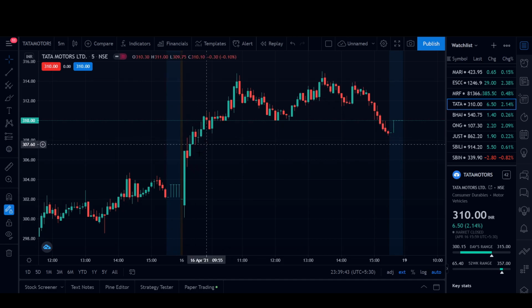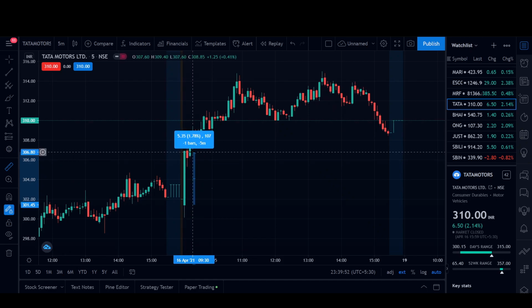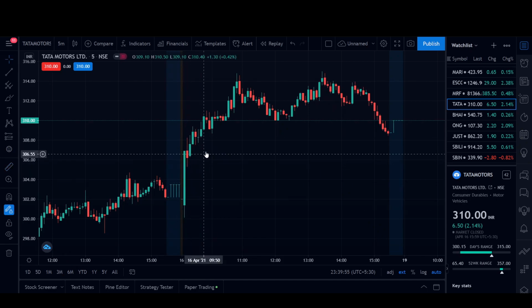So over here, as we can see, a big bullish uptrend of around 1-2%. A lot of people would be thinking, okay, the entire day is going to be bullish, which it was. But what happens sometimes is after such a big bullish uptrend, the market takes a reversal and goes down, and you will hit a stop loss. You'll be thinking that today is going to be bullish, and you enter right here. Some people even enter on the first candlestick, which is absolutely wrong.